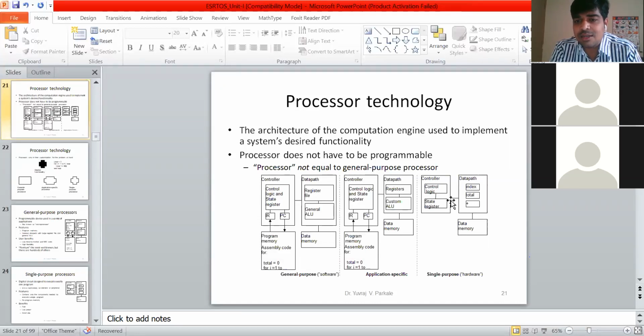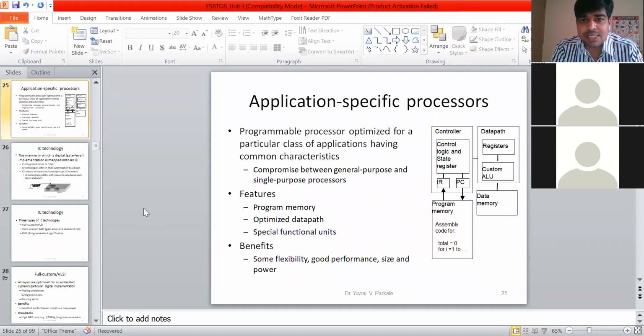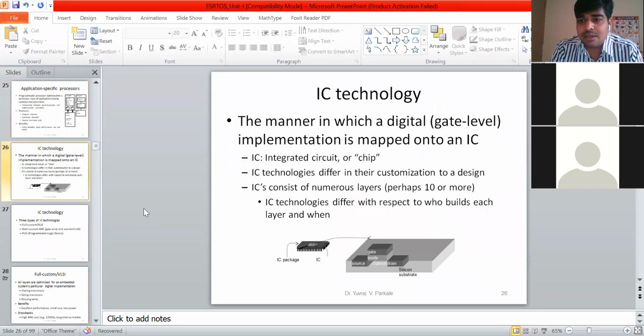So it is a single dedicated hardware. And application specific processors are called ASICs. So this is the difference between these three processor technologies. I think you have got the difference.